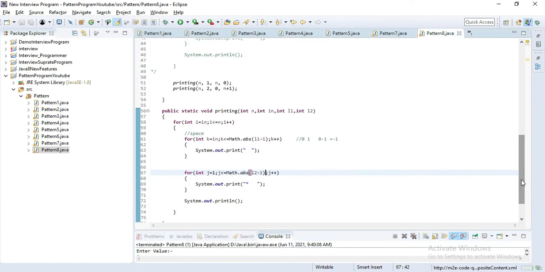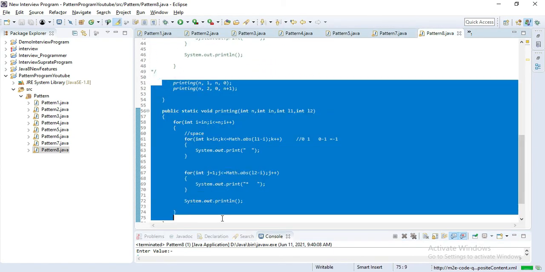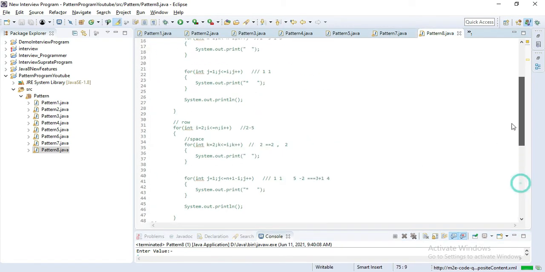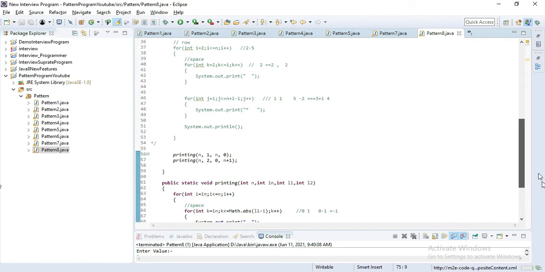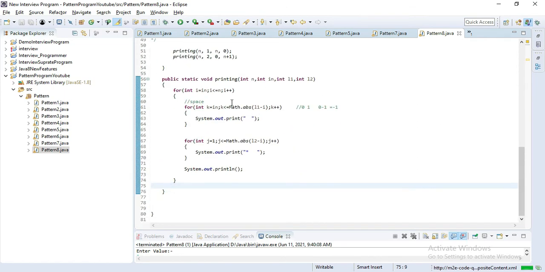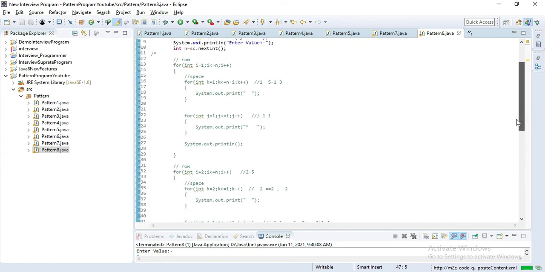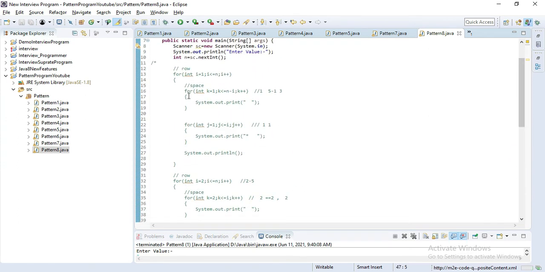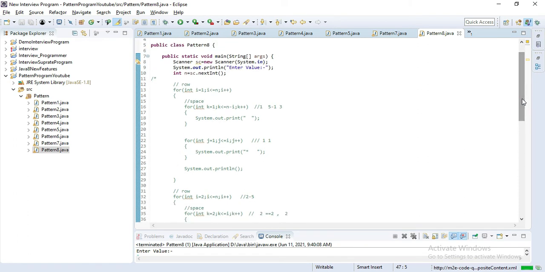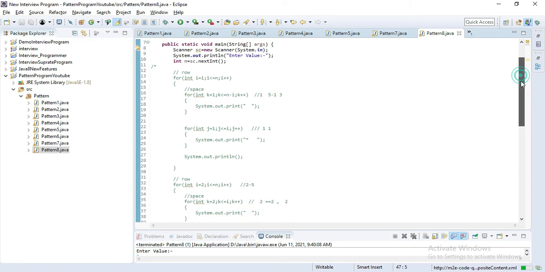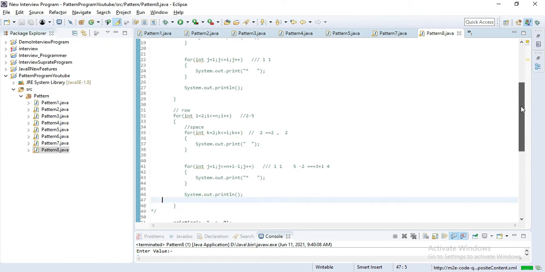You can see our code is just a few lines of code. Instead of using the same thing again and again, we just use some logical trick and we convert this program into very short code. So I'll keep this also. If you want to write this, you can write this. I'll simply hover. Let's check this code.